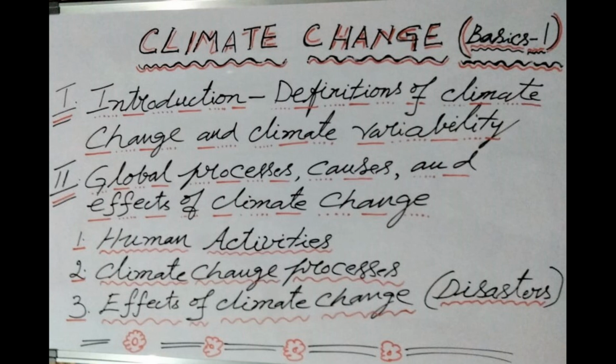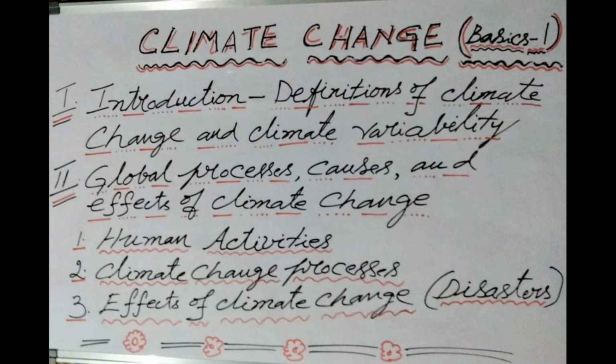For example, coastal wetlands are disappearing, coral bleaching is noticed, and very valuable fauna and flora are disappearing. So this is not good. This is another impact, or effect, of climate change. The third one is casualties. Innumerable people, innumerable animals, different crops, and different horticulture plantations are disappearing. This is not good again.